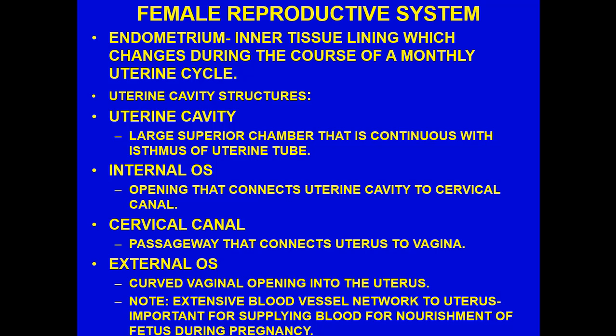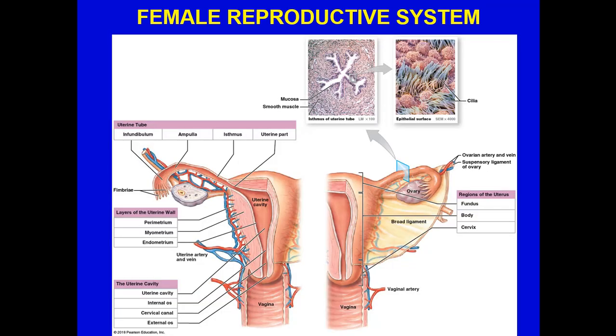I want you to note also, when you look at the diagrams, you're going to see either attached through the broad ligament, a lot of blood vessels, arteries and veins to the uterus. This is very, very important in supplying blood for nourishment of a fetus during pregnancy. As you can see here, here's the blood vessels I'm talking about. Here, of course, are the